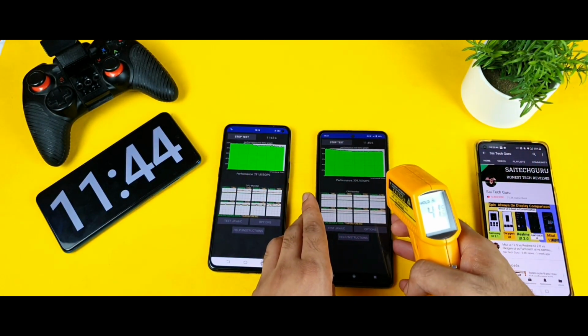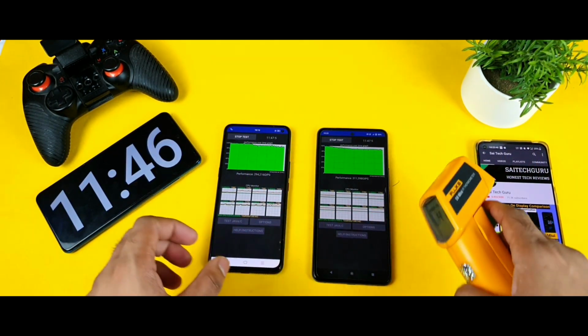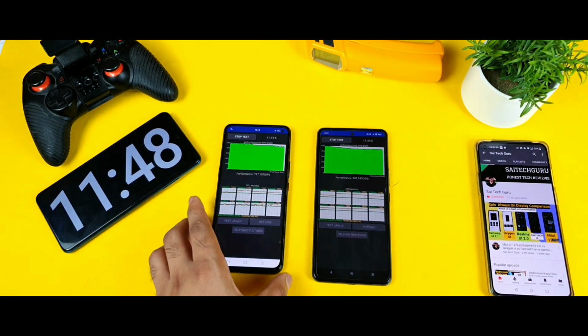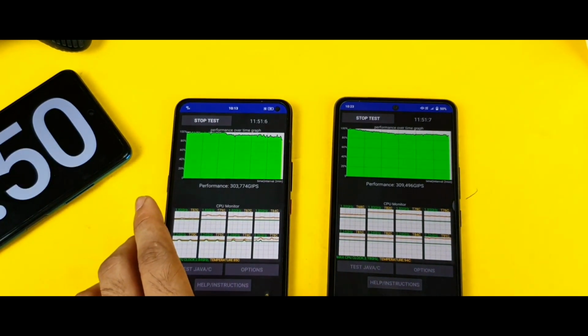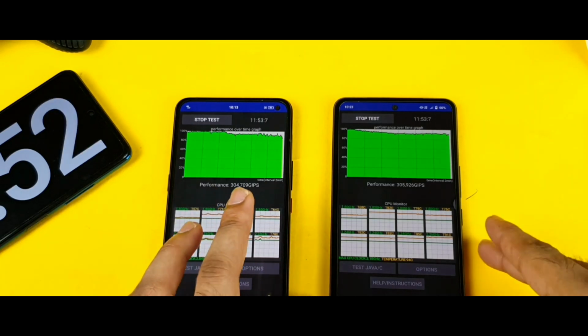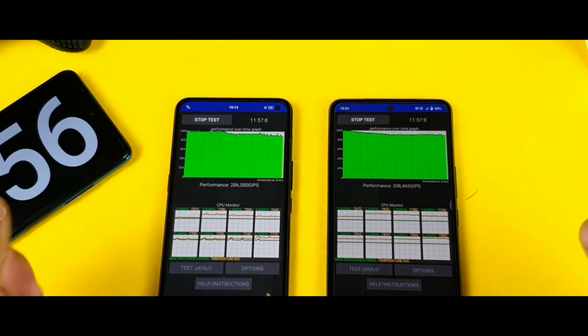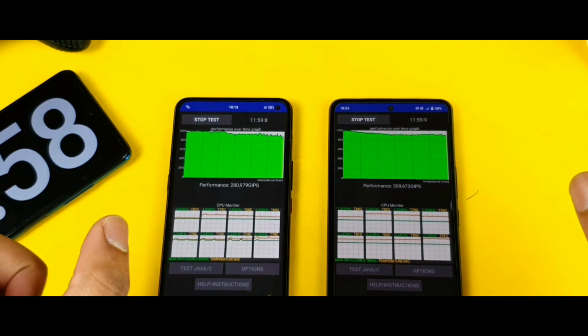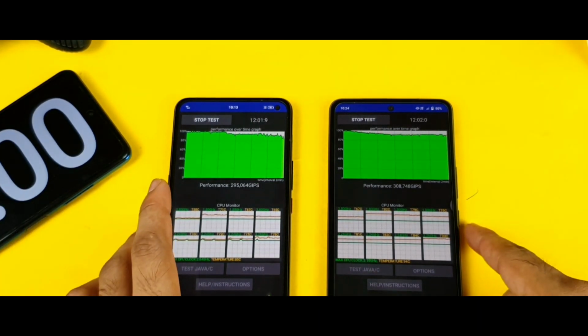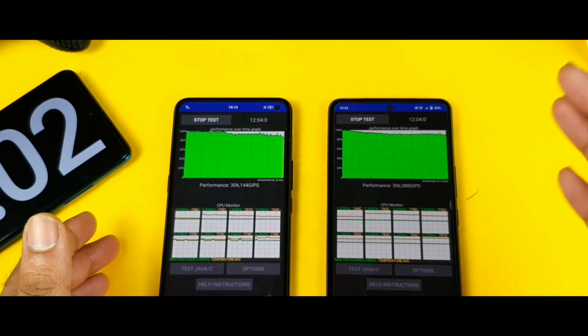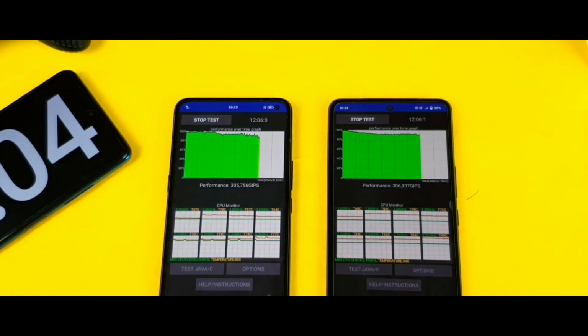So both phones are slightly kind of close to each other, friends, in terms of the temperatures and in terms of the performance. Let's see the scores. Performance scores are also slightly close to each other as well. So we'll be able to get to know once the test has been finished in 15 minutes, then we can decide average, medium and the highest score which phone has reached. Snapdragon 865 or Snapdragon 870. That is going to be really epic one.